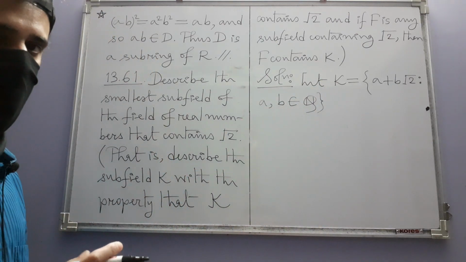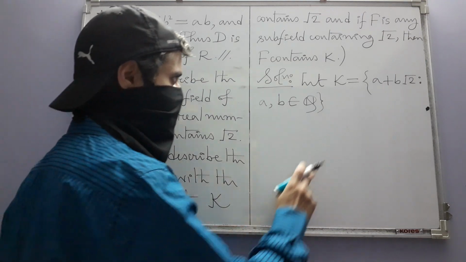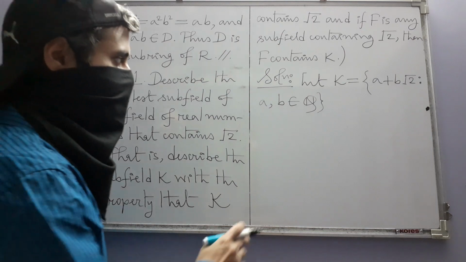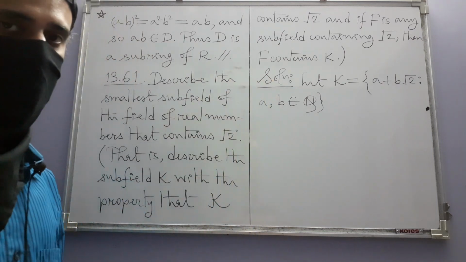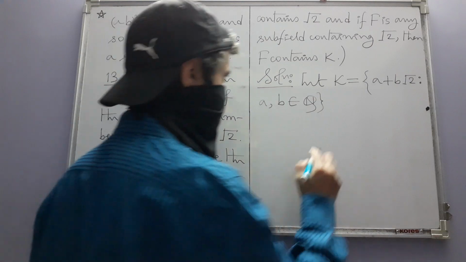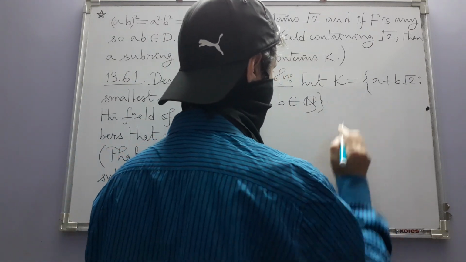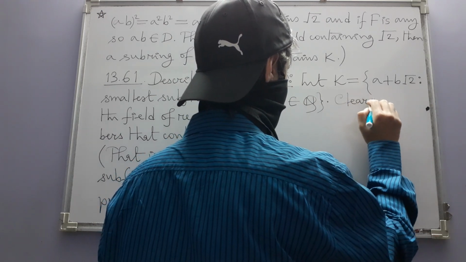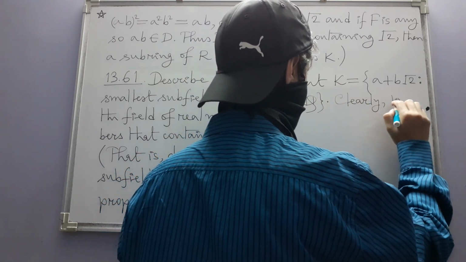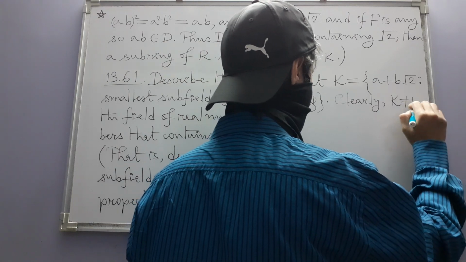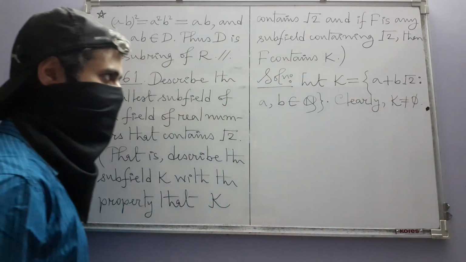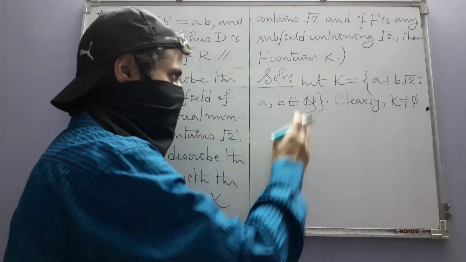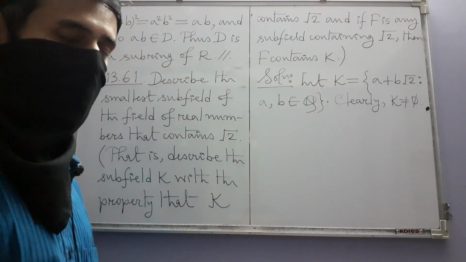We are now going to show two things. The first is that K is a subfield of the field of real numbers, and the second thing is this smallest nature of K. So let's go through the subfield part first. Clearly, K is non-empty. In this case, you can easily see that not only is K non-empty, but in fact K has infinitely